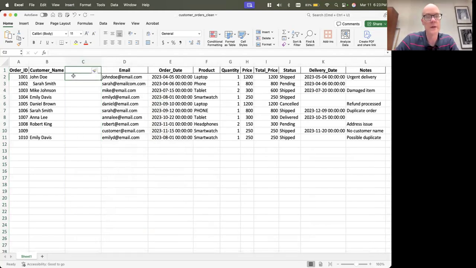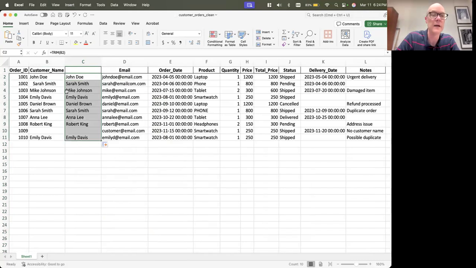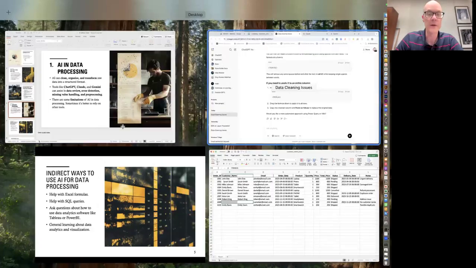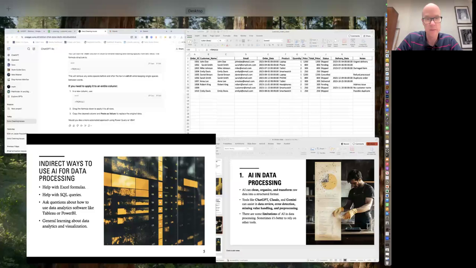Okay. So what you would do here is, the formula it gave us was TRIM, which trims the leading and trailing white space. And then you could apply it that way, and then you could just cascade down. So it did solve that problem there. Now, missing data obviously is not going to solve that problem, but we did solve our problem there. And even though I didn't get AI to do that directly, I did it indirectly through use of formulas. Okay, so let's move on.